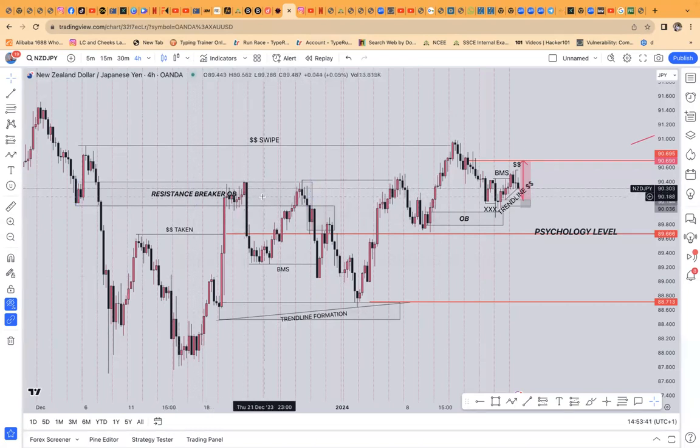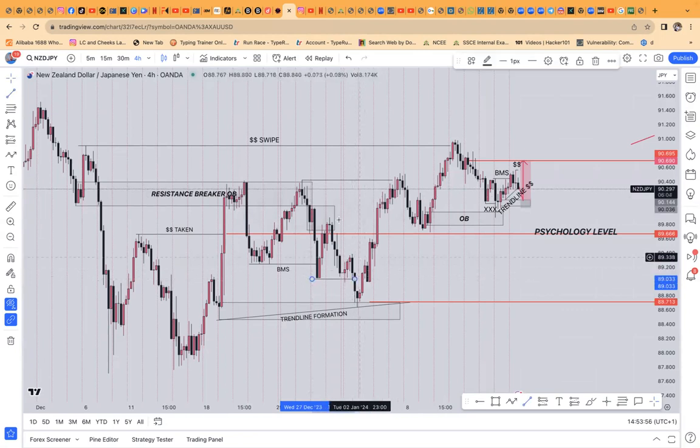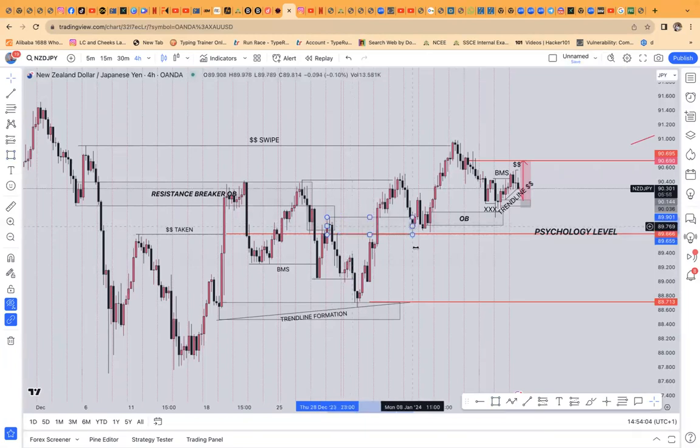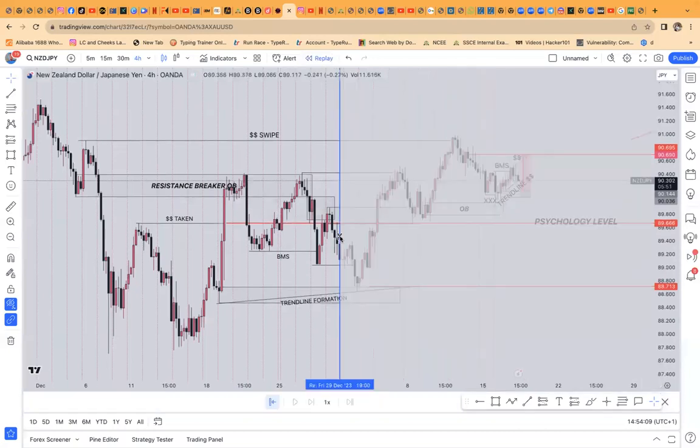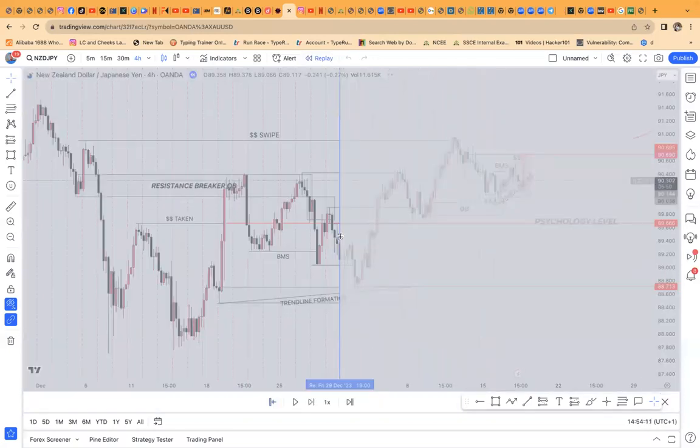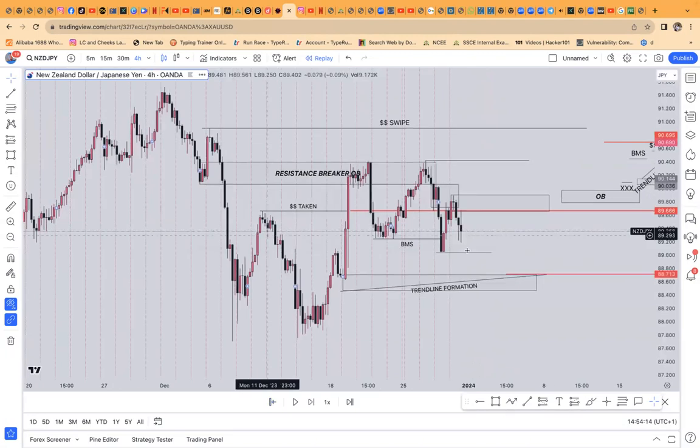Now, this resistance zone has been tapped 1, 2. So we're looking for what? A liquidity sweep at this resistance zone. So price now deceived the buyers, deceived the people that want to buy and show them, all right, we can sell. So hence, people now came here and marked out their order block to sell this. Now, reality speaking, if you don't understand, you will want to make the same mistake.